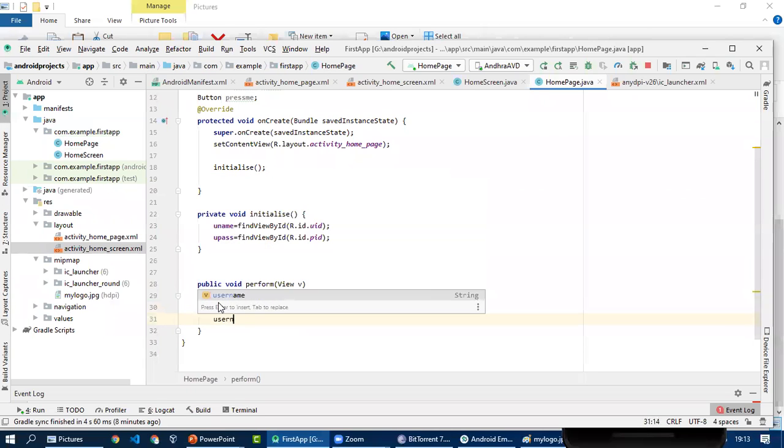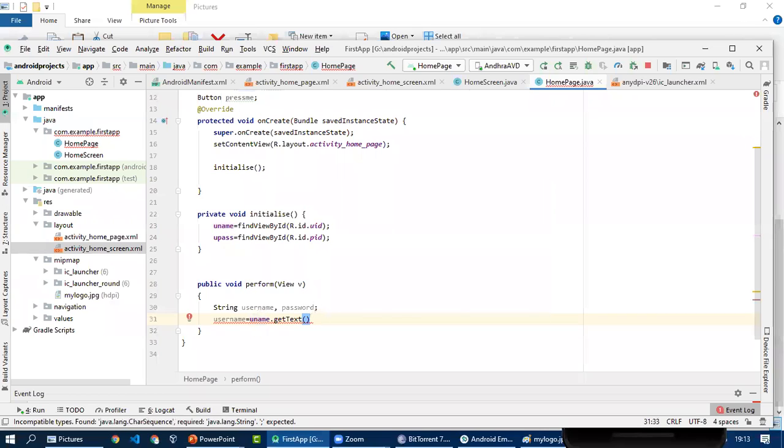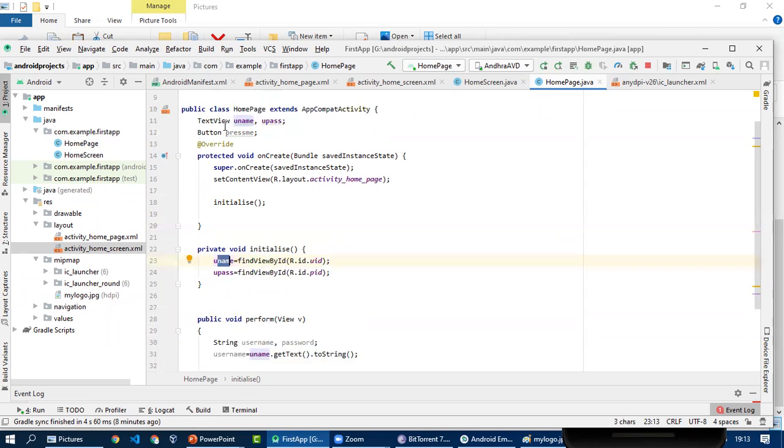Okay, so username would be equal to uname.getText().toString(). So by this statement, you will get the text from this uname, which is basically a text view, and the text will get converted into string by this method toString.